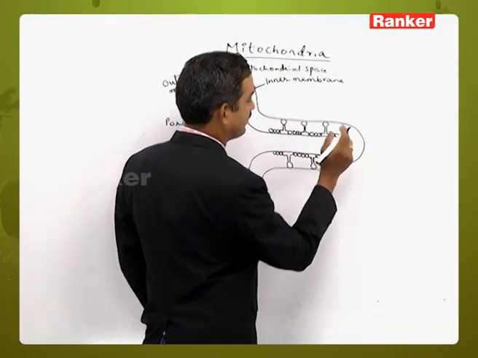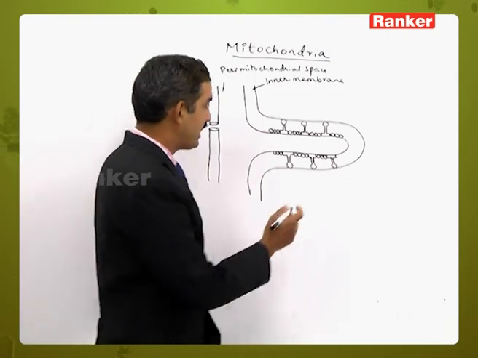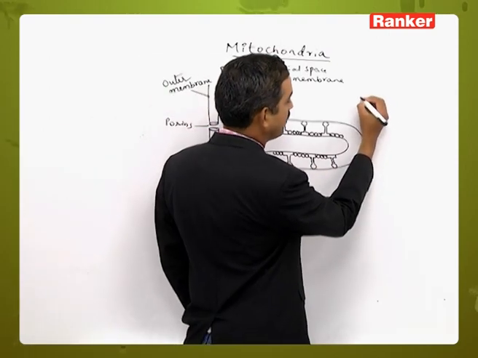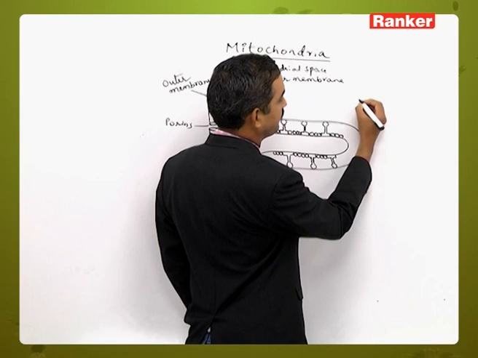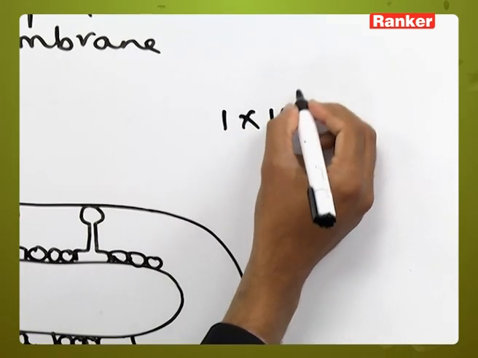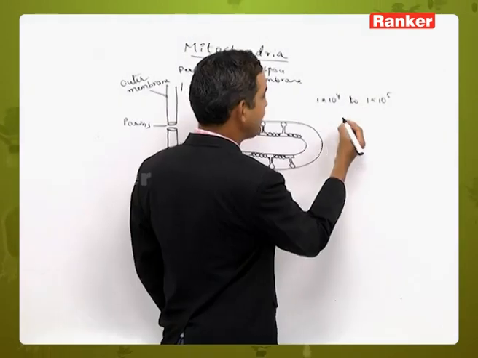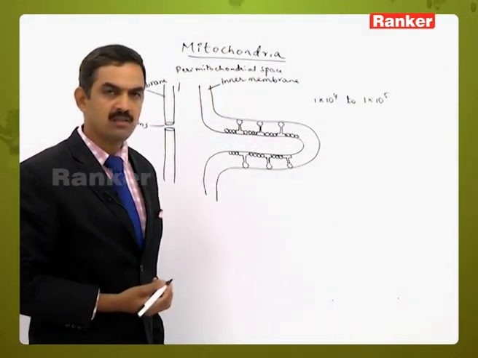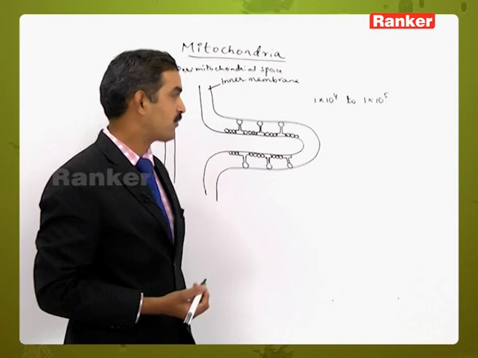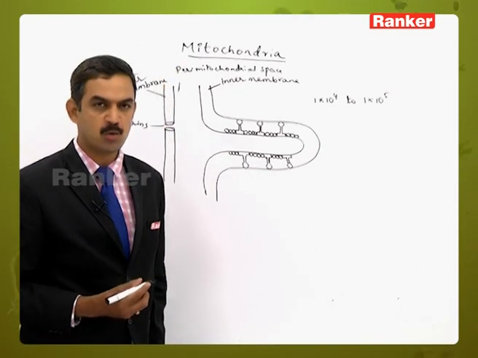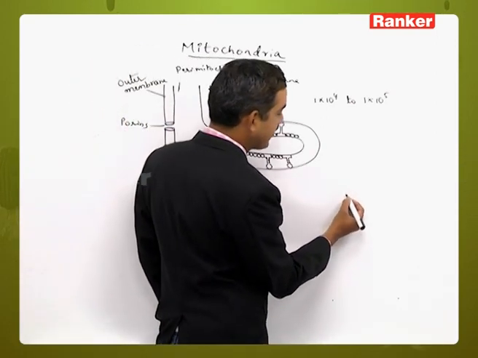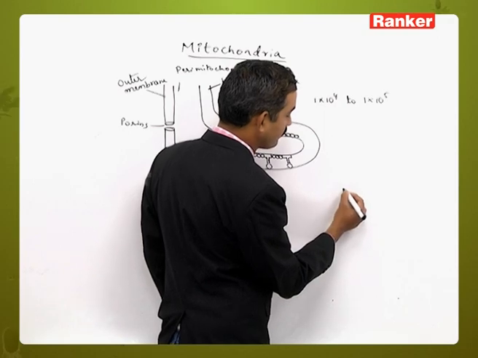So throughout the length the same type of organization is present, and if you see each and every oxysome, the number of oxysomes in each mitochondrion ranges from 1 into 10 to the power of 4 to 1 into 10 to the power of 5. And if you see each and every structure of oxysome,